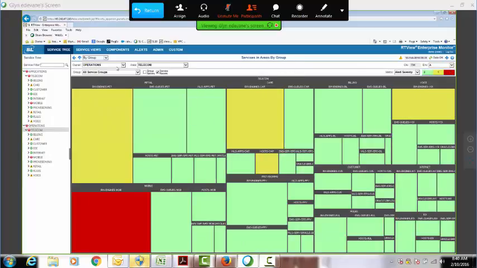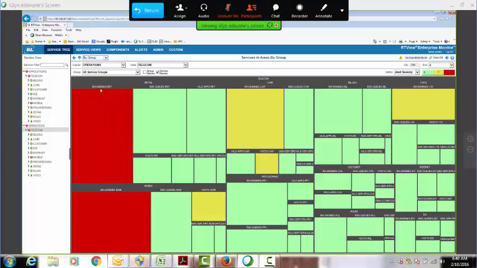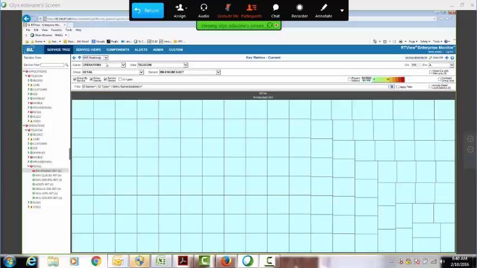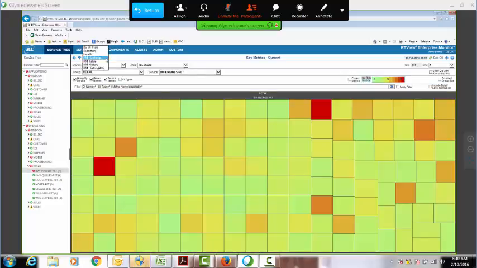So here we're looking at all of the different resources within telecom, and I see that I've got a problem with BW engines and also BW engines in retail. Now I know that retail perhaps is a higher priority than mobile, so this is the one I'm going to pay attention to first. So again, I may have very many different events happening at the same time. So RTView, first benefit there, is going to show you